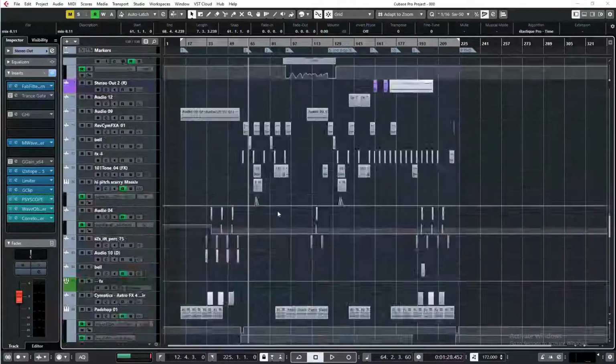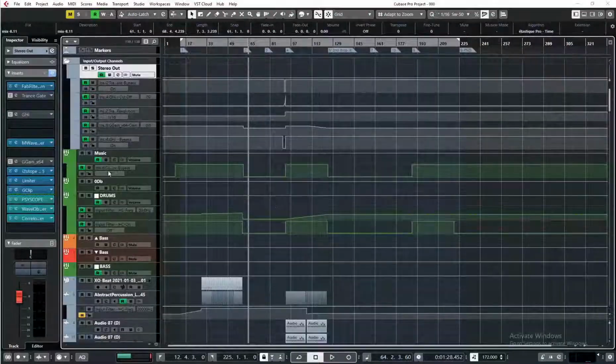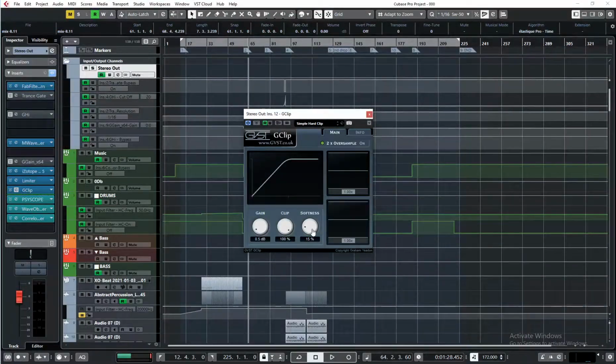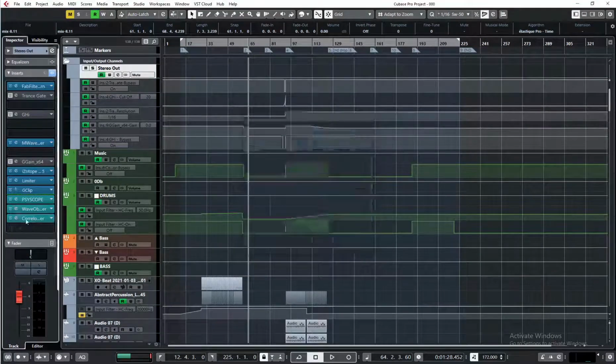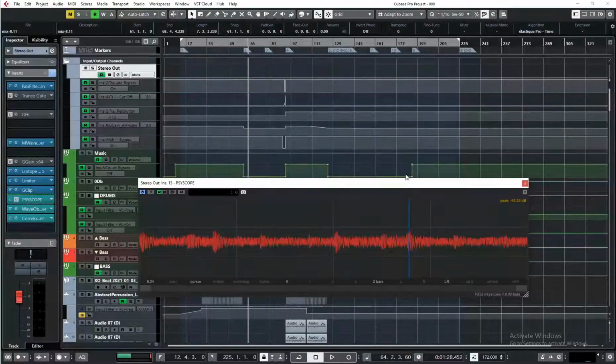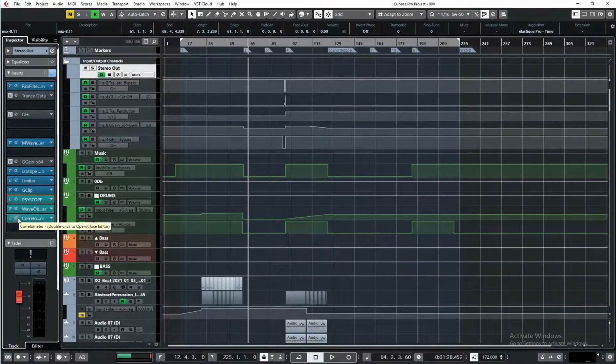So with this softness option, you can choose if you want to make your signal squashed or not. If the softness is 0%, there is a bigger chance that your signal will get clipped. And if you have softness like 15+%, it won't. I already told you about these oscilloscopes, and also I have